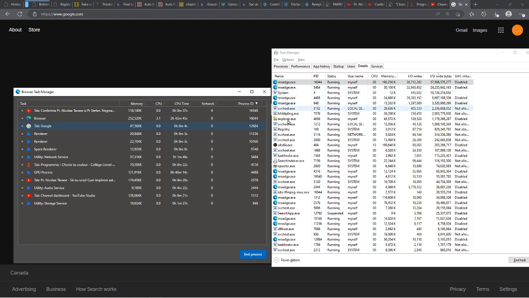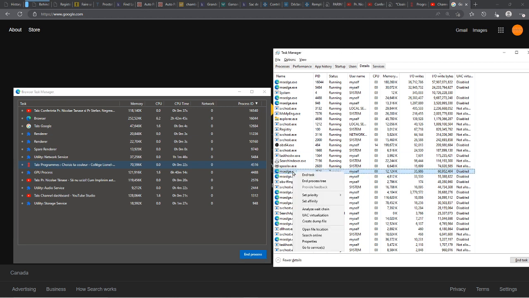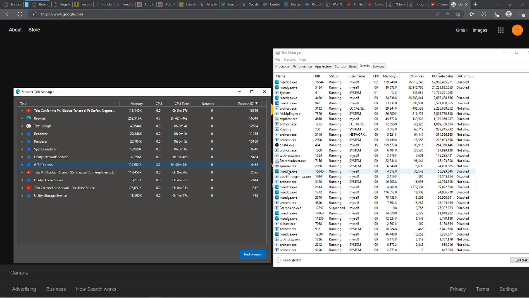So maybe if I'm looking for, let's say, this tab here, which is writing some data, it has the number 4516, which you are going to retrieve right here. 4516 is the same here. You can kill this one: right click in the Task Manager for Windows and kill the task, or you can go here, left click this time to select it and just End process. You will see it's going to disappear there. And that's how you save that small amount of data being written.